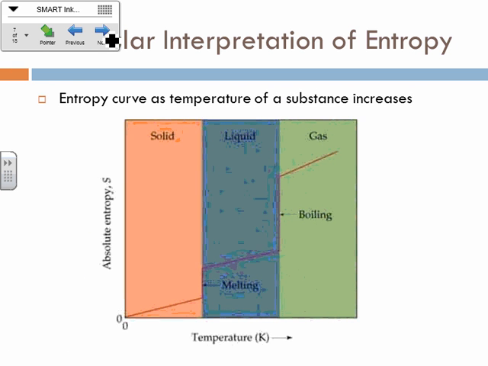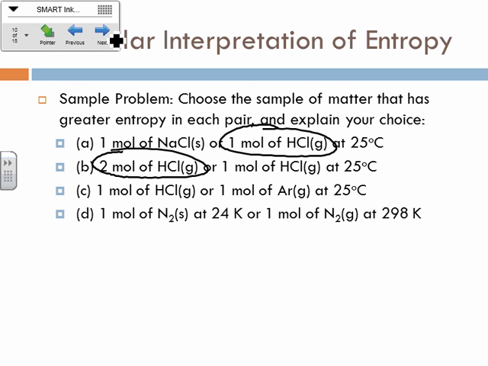So let's look back over here. This one's kind of tricky. Which one of these has vibrational motion? The HCl, because that's the one that has a bond, right? The argon is just kind of by itself. It's just an atom, okay? So because this one has a higher degree of movement because of its vibrational motion, that one's going to be a little bit more chaotic or a little bit higher entropy, okay?